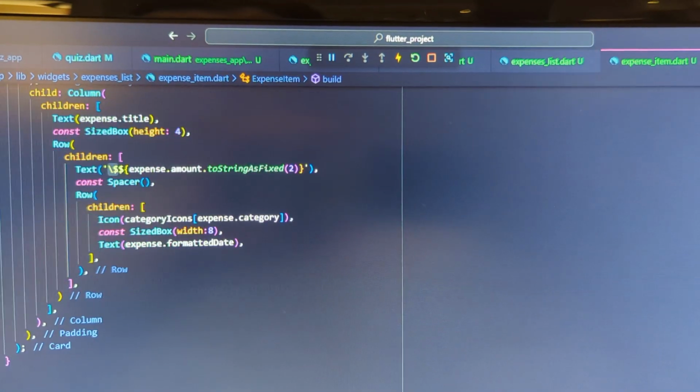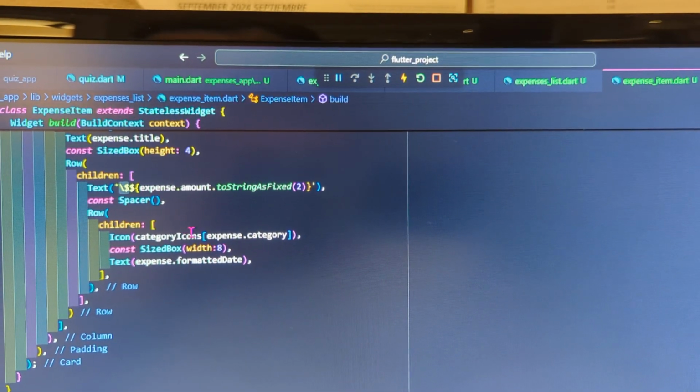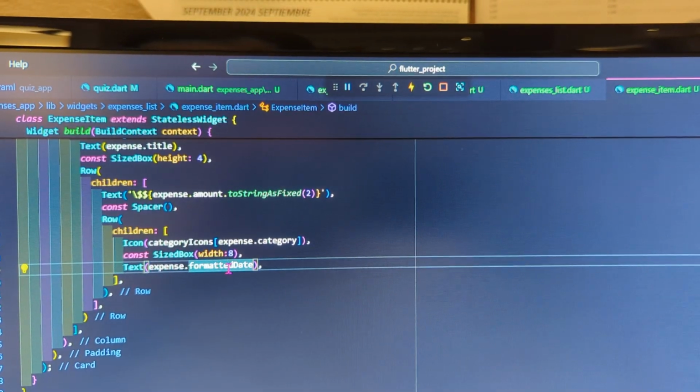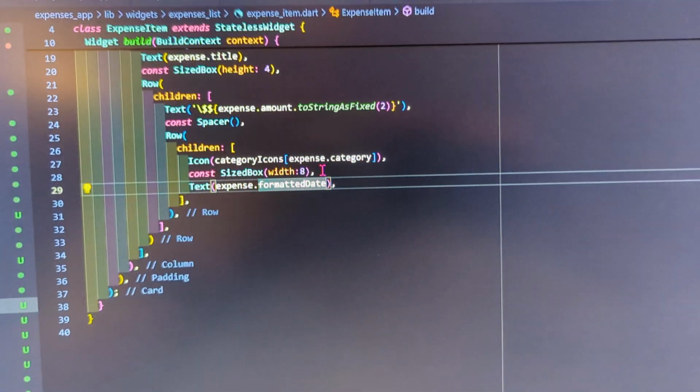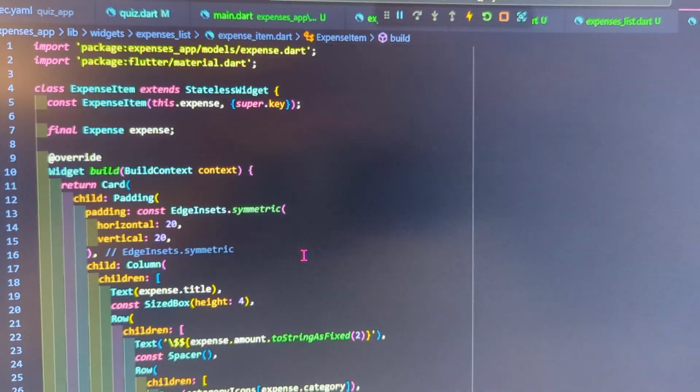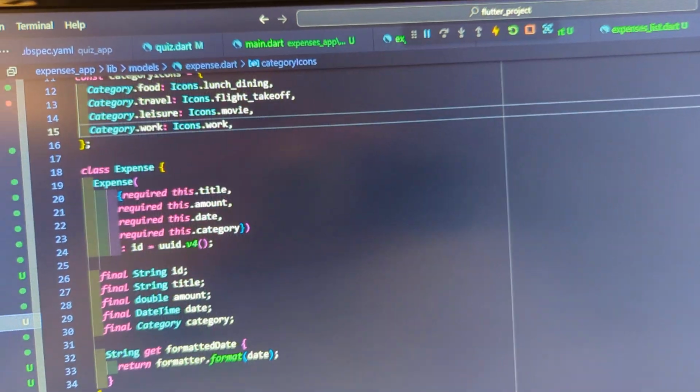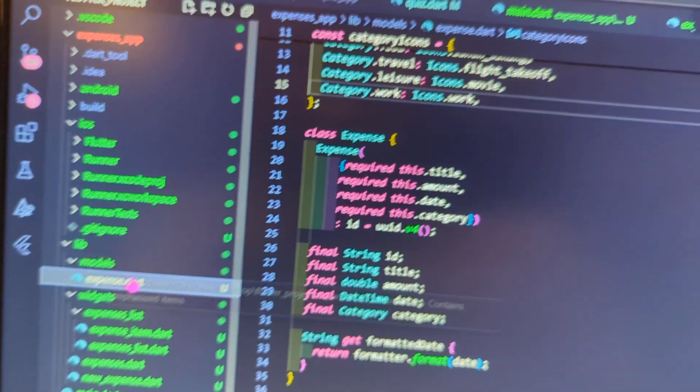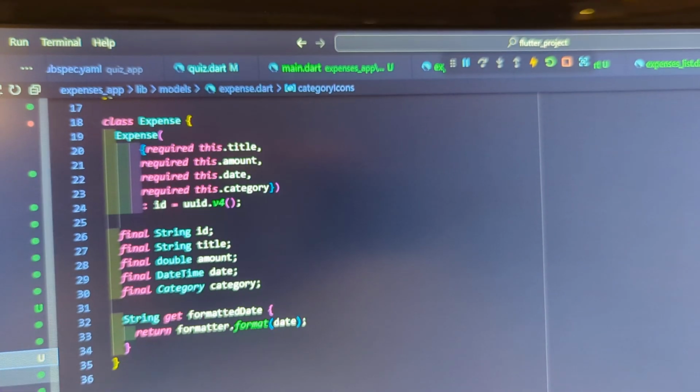Anything else that we had? Sized box, expense format. We just called a ton of different stuff from other areas for that. We put them in multiple folders to make easier organization, and